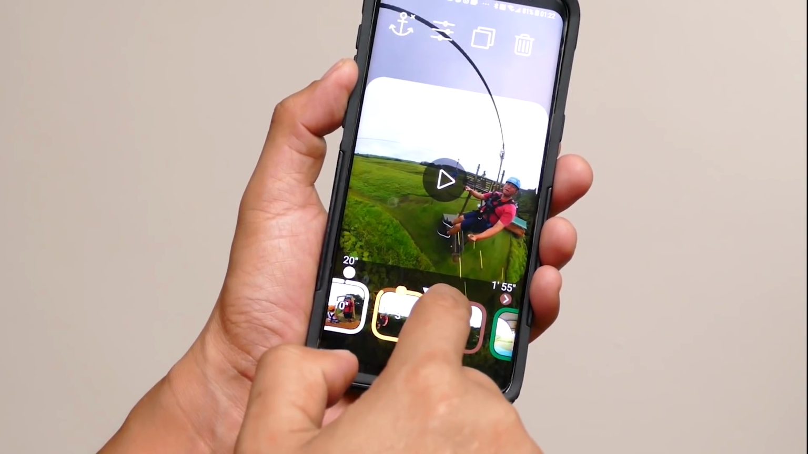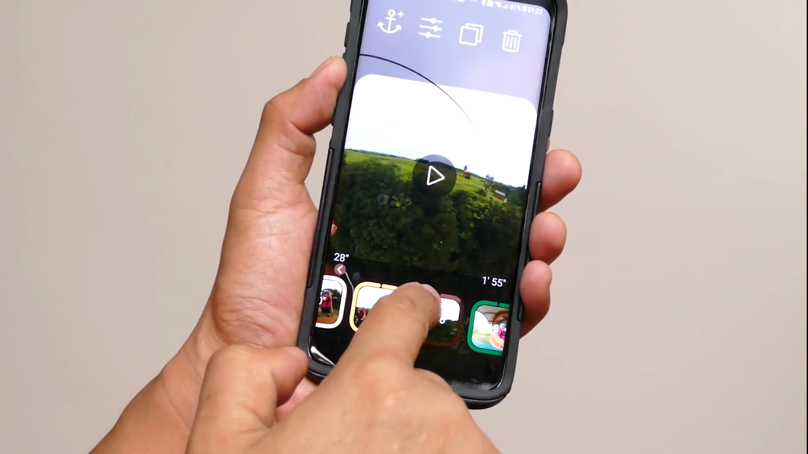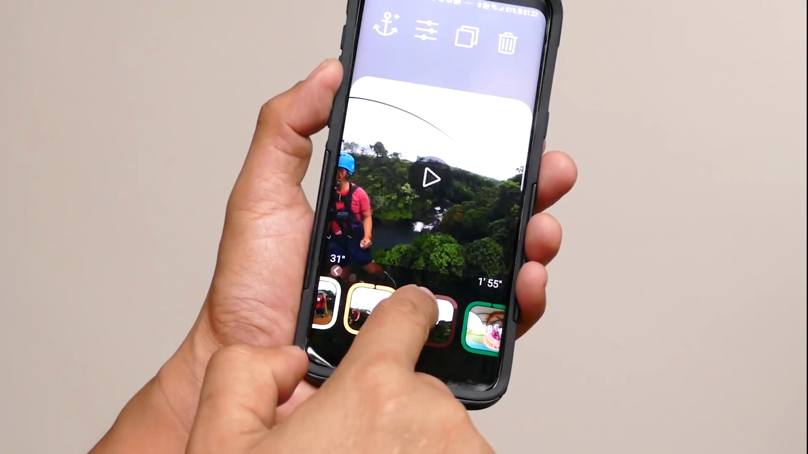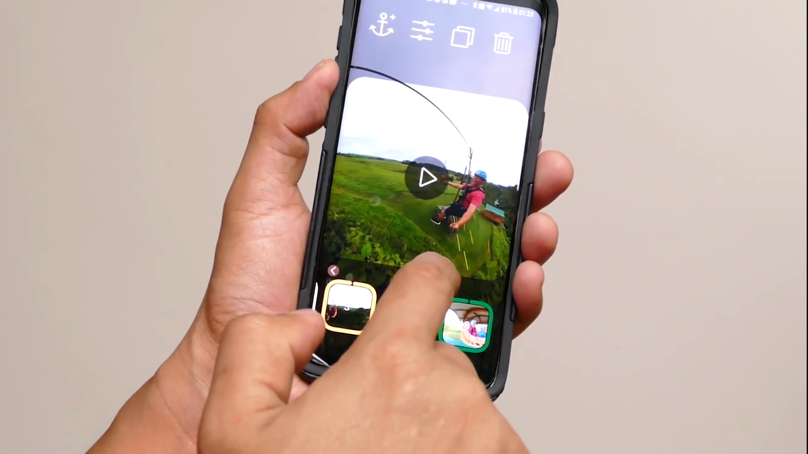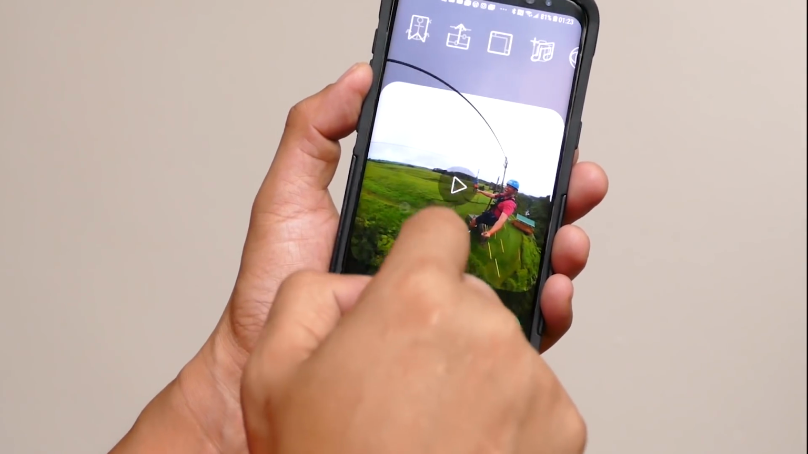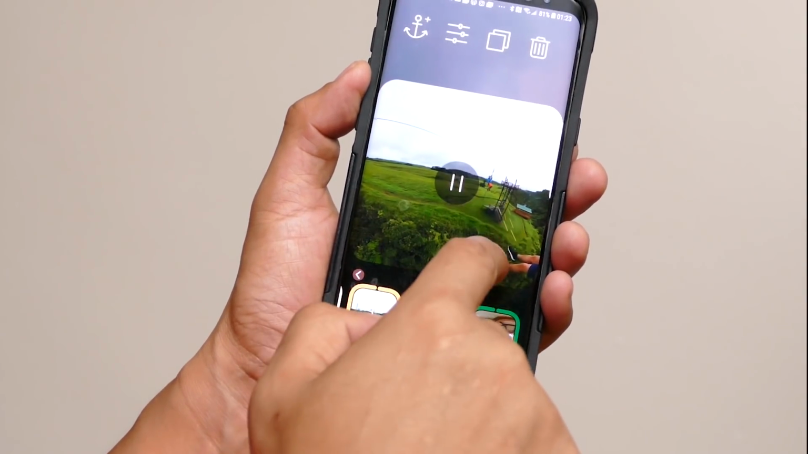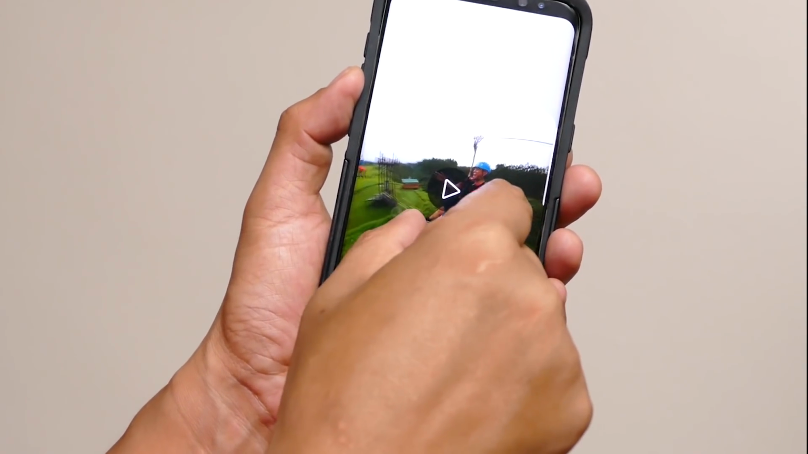It's a little tricky not to hold your finger on the video, because if you do that, it brings up the editing screen, which is not what we're trying to do right now. So I'm going to create another keyframe there, and I'm going to pause that, switch the view to follow me, and